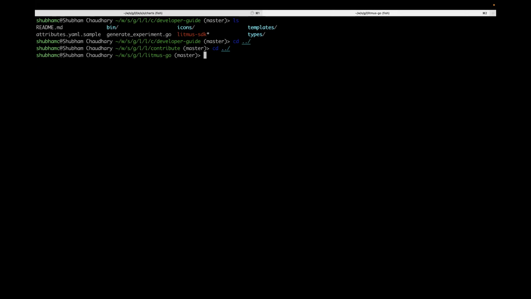But because those packages will be new, you need to run go mod tidy yourself. For this sample experiment, nothing new is required. It is using the same packages used by other experiments, so I did not need to run go mod tidy. Okay, got it. Thank you.